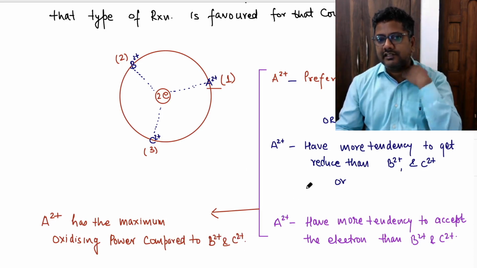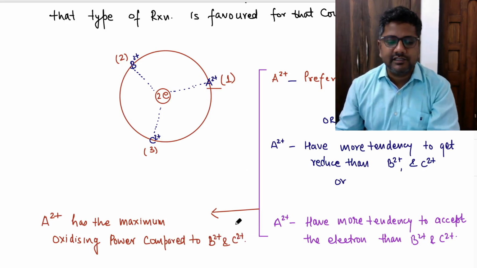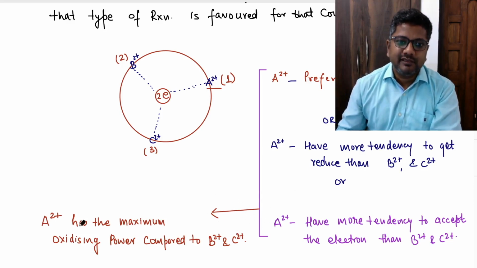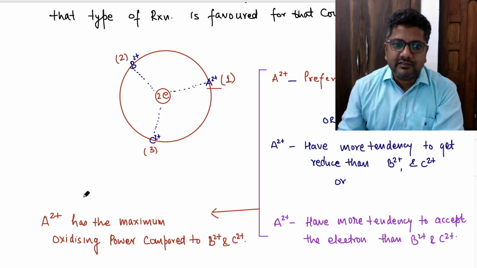Because whatever comparison I am doing in this question is among A2 plus, B2 plus and C2 plus only, right? Clear? Means A2 plus, or you can write here, A2 plus is the best oxidizing agent